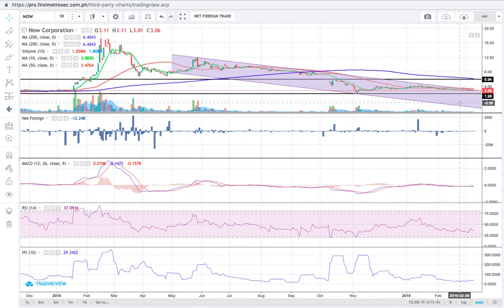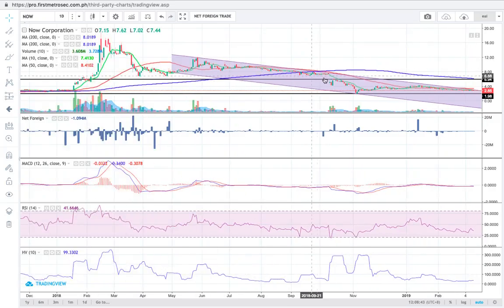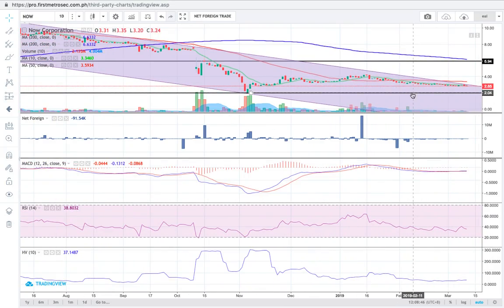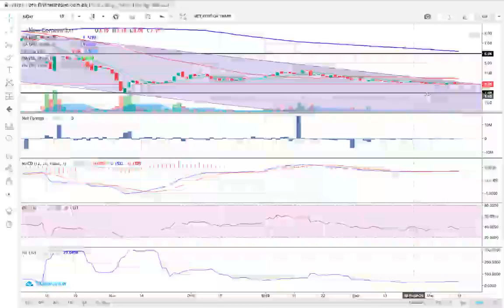So I've already pre-plotted this downtrend channel here. This is actually rooted all the way to February 15. This downtrend channel has started since February 20, maybe sometime in the third week of February last year, 2018. So as we can see now, the downtrend is still traversing this channel. And if this low volume continues,